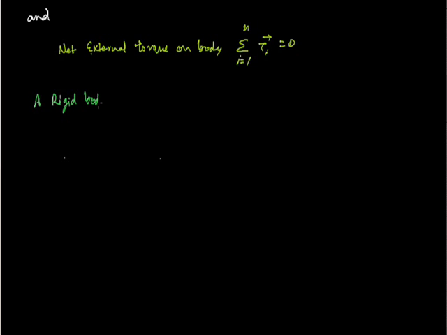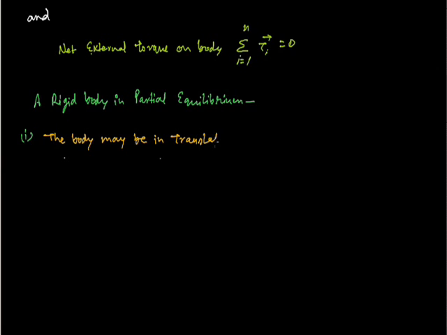A rigid body in partial equilibrium: let us consider the first case. The body may be in translatory equilibrium, meaning linear acceleration is zero, and it will not be